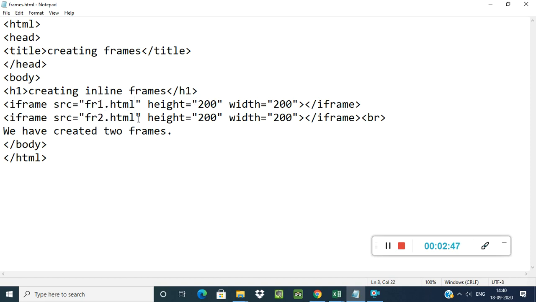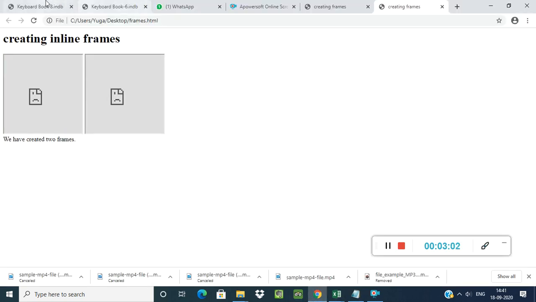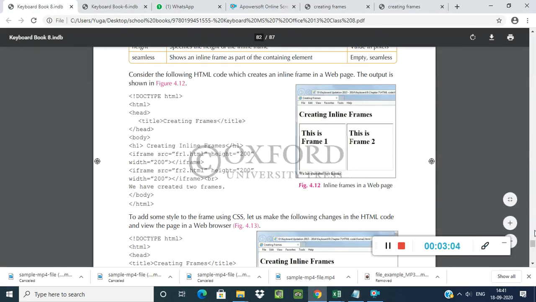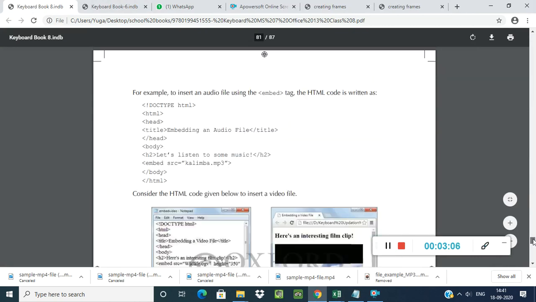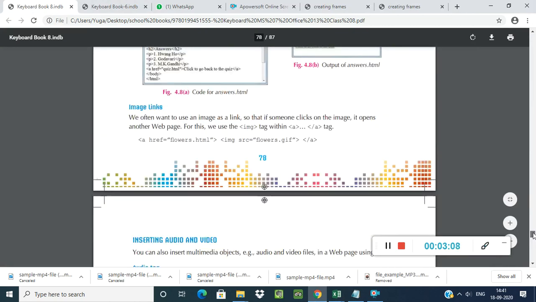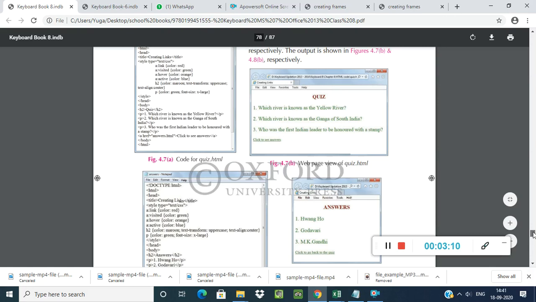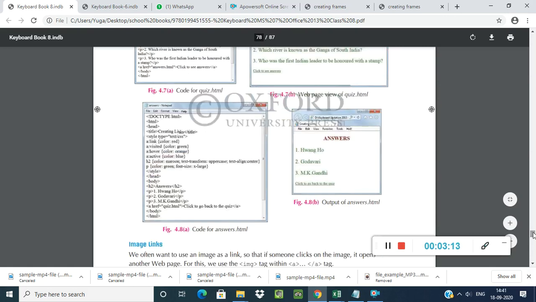If you want to see the data in that frame, you need to create an fr1.html document. Students, do you remember in our last video I showed you the quiz.html and the answer.html?